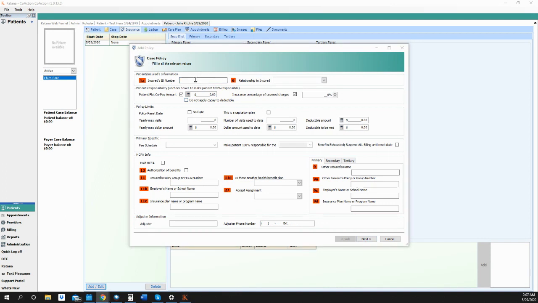We're going to first add in the insurance ID number. We're going to select the relationship to the insured. In this case, it is self. And the following areas below